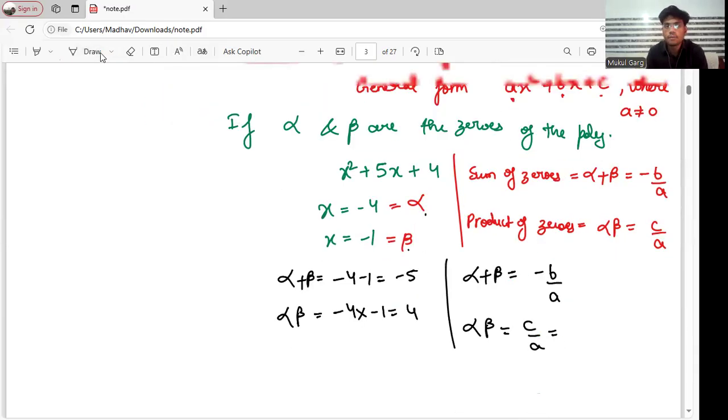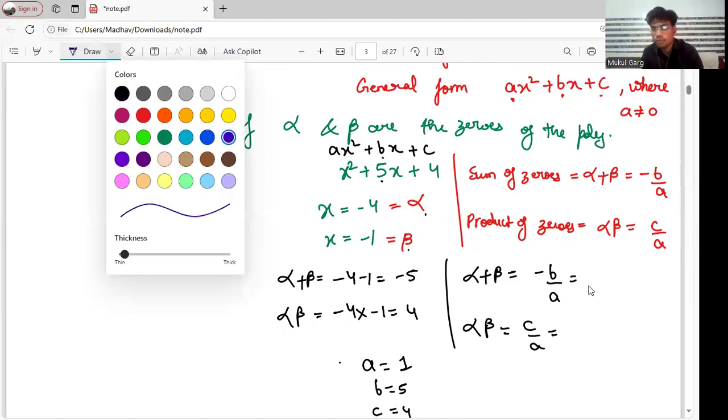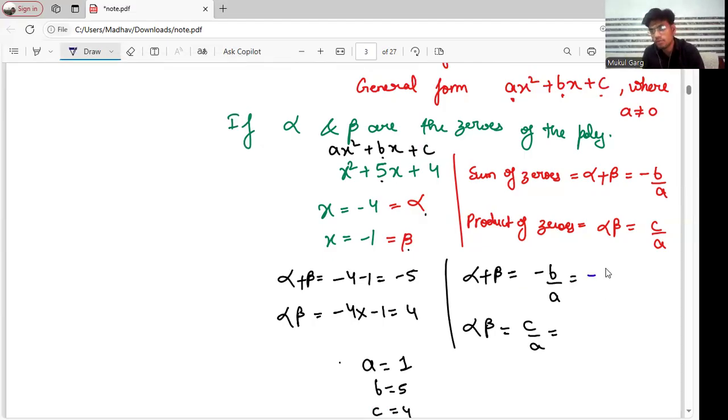कुछ भी नहीं है, बहुत सिंपल है। x² + 5x + 4 ये हमारा पॉलिनोमियल है। ax² + bx + c ये हमारी जनरल फॉर्म होती है। a इज द कोएफिशिएंट ऑफ x²। तो a की वैल्यू यहाँ से कितनी आ गई, देखो x² के साथ कुछ भी मल्टीप्लिकेशन में नहीं है यानी 1 है। b की वैल्यू 5 आ गई, और c 4 आ गया। तो लेट्स पुट ऑल द वैल्यूज। माइनस b है 5 डिवाइडेड बाय a, a है 1, तो -5 आ गया। c 4 और a 1, तो 4/1 यानी 4 आ गया।